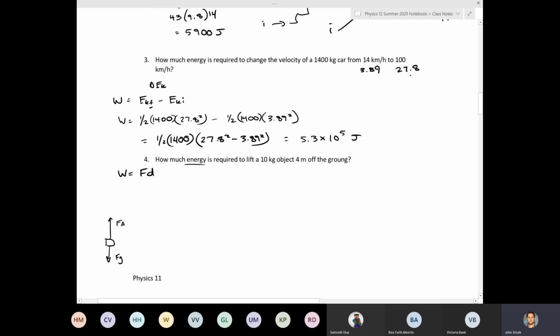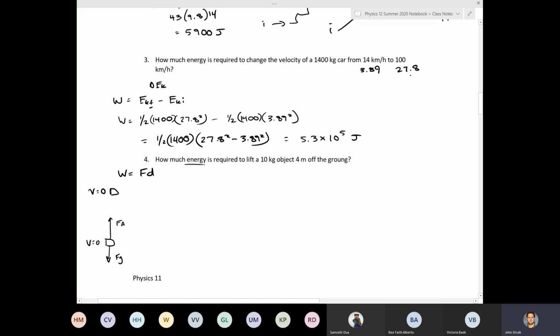Okay, so you're working against gravity. Now, because you're lifting it off of the ground and it's starting at 0, V equals 0 here, and you're lifting it to a point here where V equals 0 as well, there is no delta EK. There's no change in velocity. Obviously you have to accelerate it to move it upwards, but because the state of the velocity doesn't change,